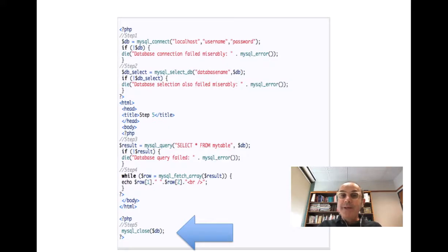The last step is to close the connection. You close the connection to MySQL in order to not force the page to close down. So this is something that you will encounter. One of you always complains that